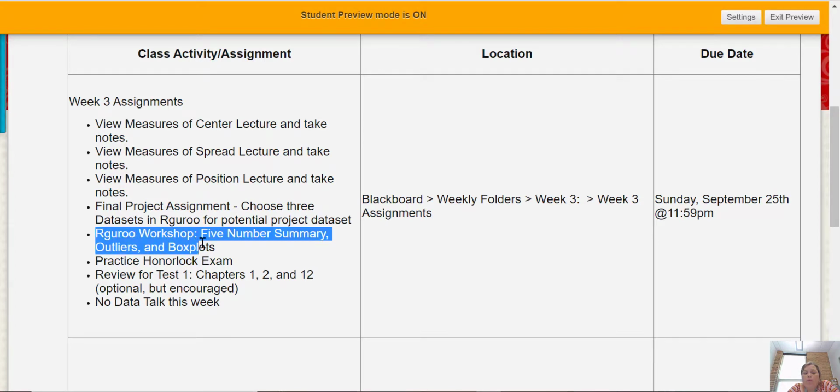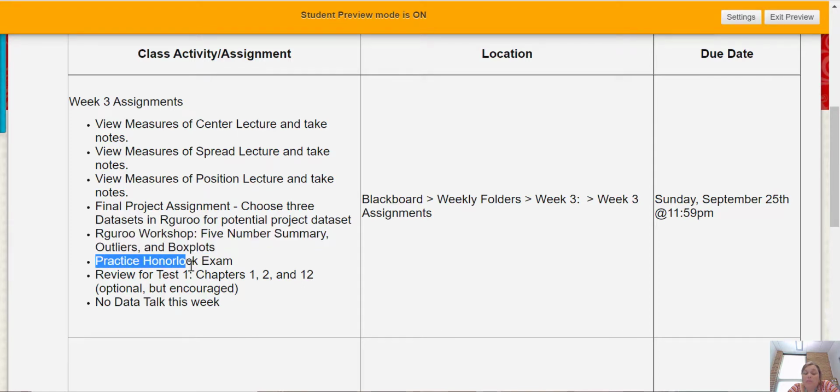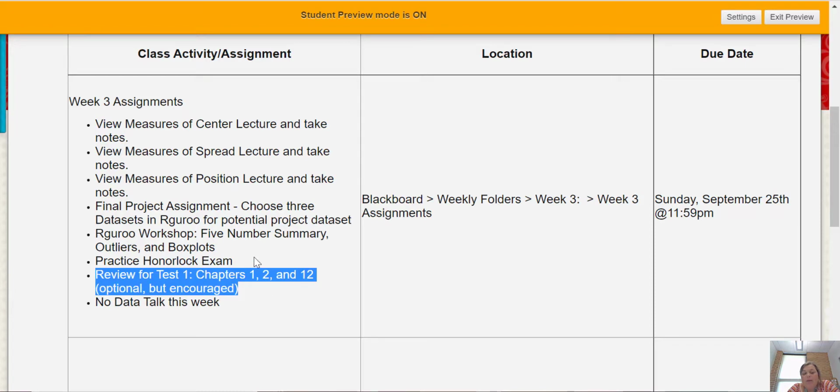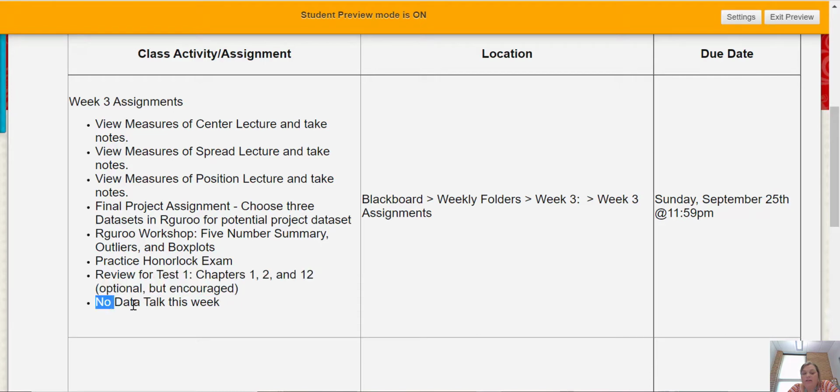We have one Our Guru workshop on 5-number summary, outliers, and box plots. This one is really important. Practice Honorlock exam, because we have a test next week and we're going to take it using Honorlock. So we want to get any hiccups out of the way this week by taking this practice Honorlock exam. And then I've also posted a review. And because we've got all of these crazy things going on, starting our project and doing this Honorlock practice, I have taken the data talk for the week out to give you a little bit extra time to work